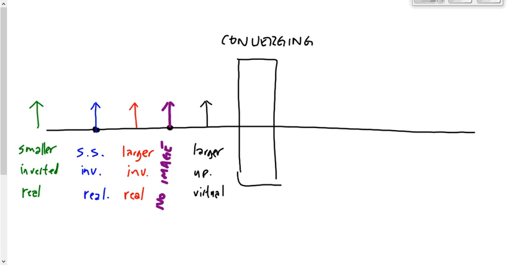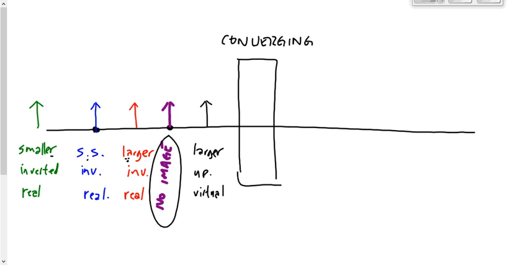You do have to be careful, though. A converging lens is convex. A converging mirror is concave. So do remember the difference between convex and concave, but as long as it's converging, they're all the same. Notice some other patterns that are forming here as well. Smaller, same size, larger. So the image gets progressively bigger, until